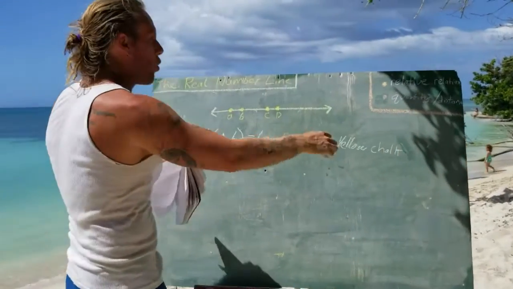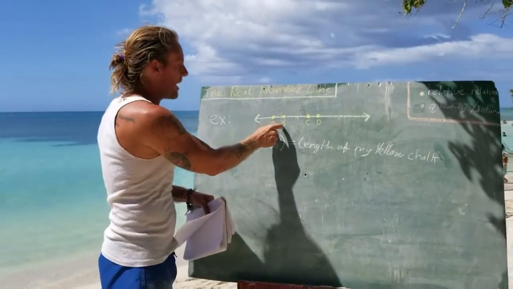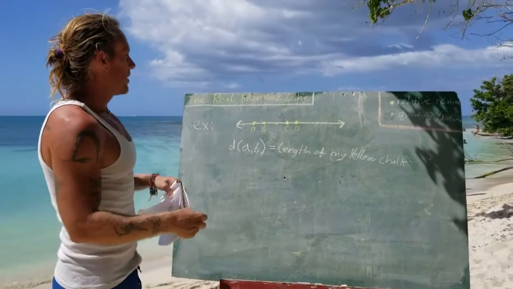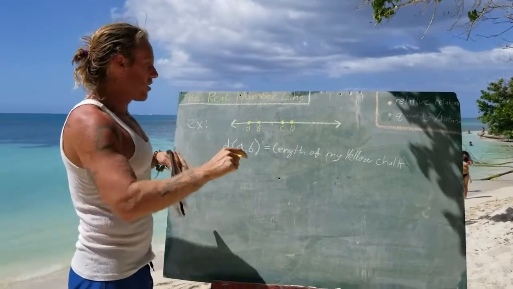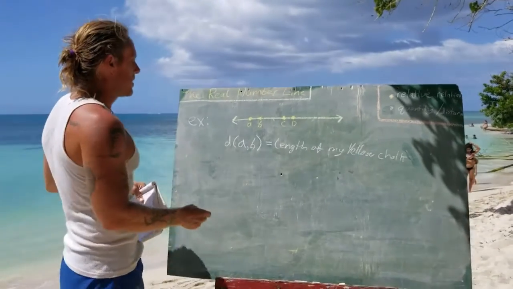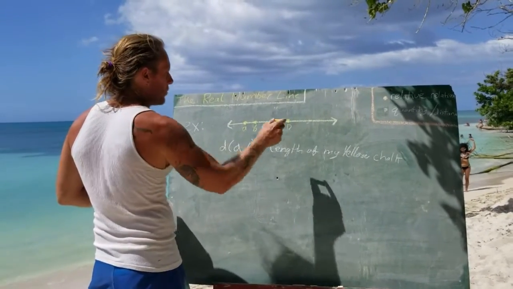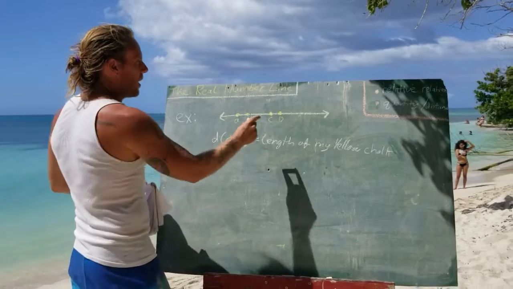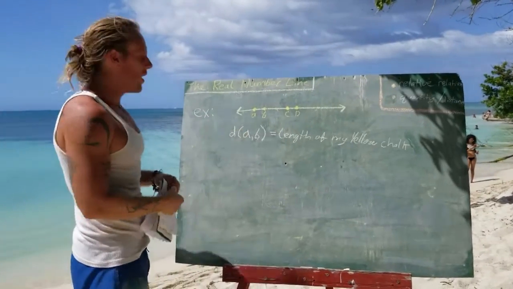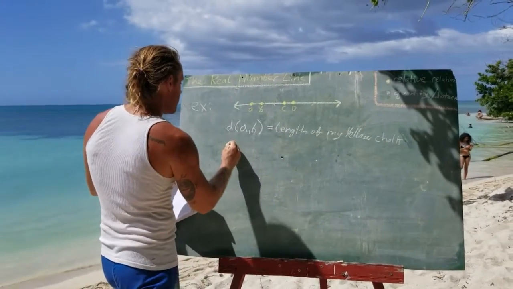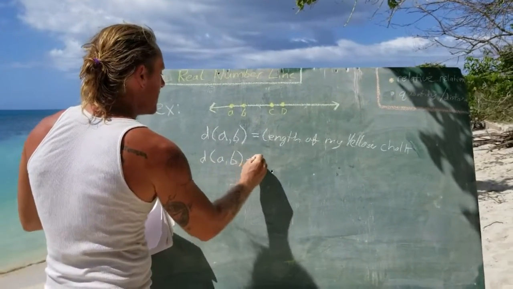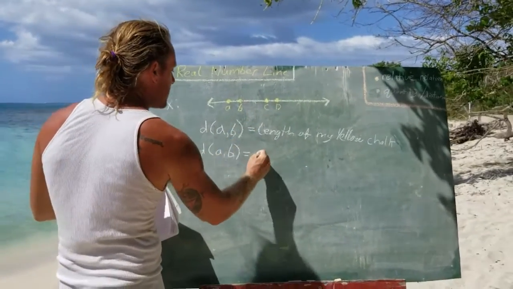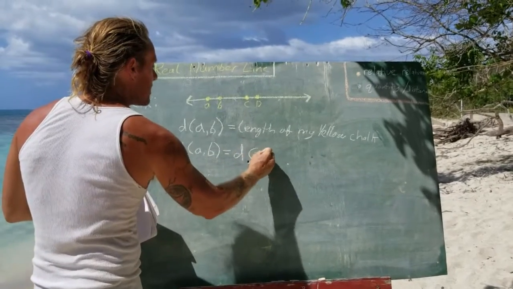Okay, so that's a quantity. The distance from A to B on this particular number line, we're setting this length of chalk as our unit distance measurement. So the distance of A to B is equal to this. Well, we notice that C and D are as well. So what we could say is the distance of points A to B is equal to what? The distance of points C